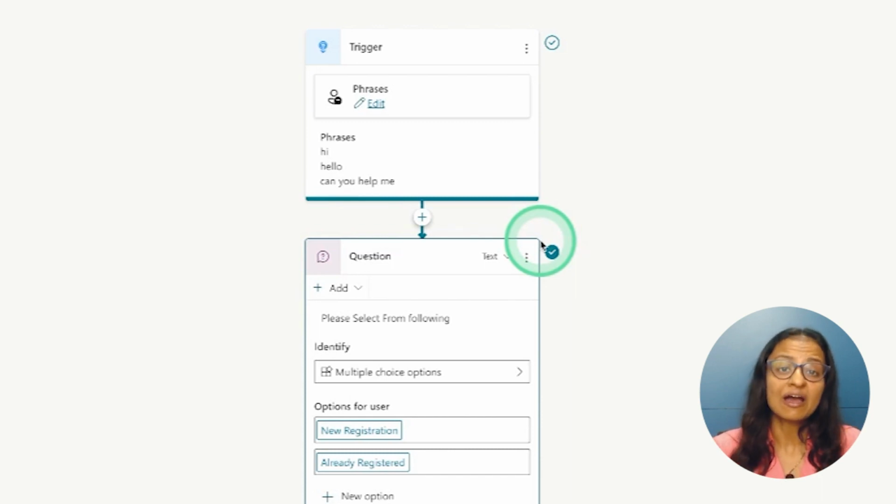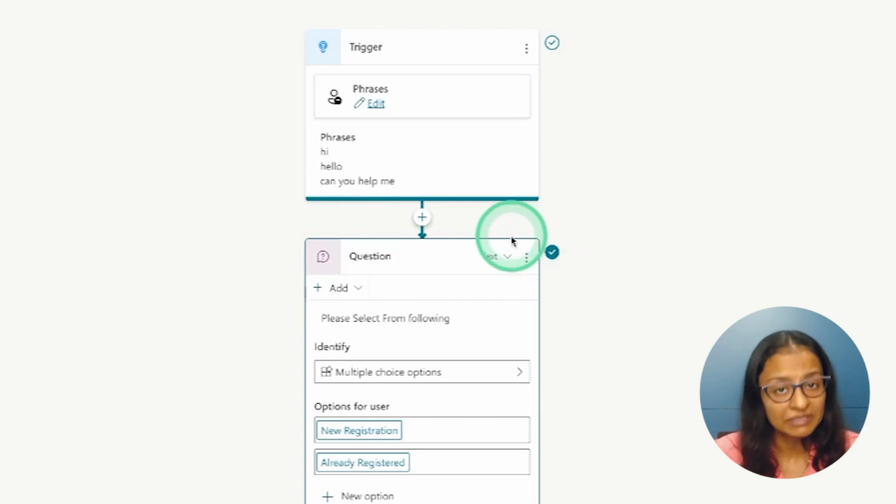So let's understand how to create a Copilot from the beginning. So we need to create a Copilot, that is called Power Virtual Agent, which will talk with the students and ask for their details. So what we are going to do? First of all, we are going to create a Copilot that will ask the students for registration. If the student is already registered, then the Copilot will ask whether you want to register for training or workshop. And if the student is not registered, then it will ask for their personal details, and whatever details students enter, it will store into the Dataverse.